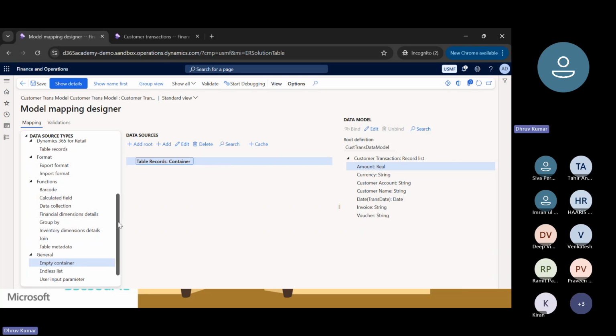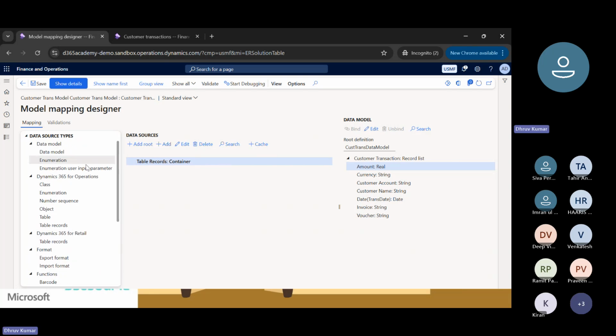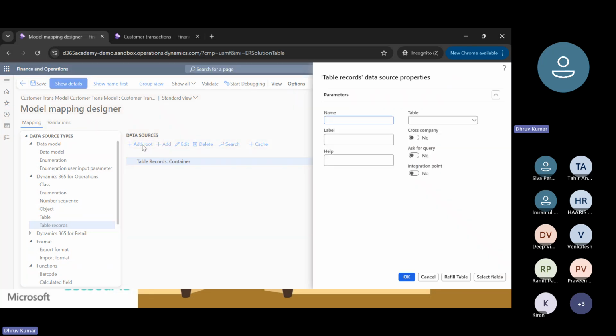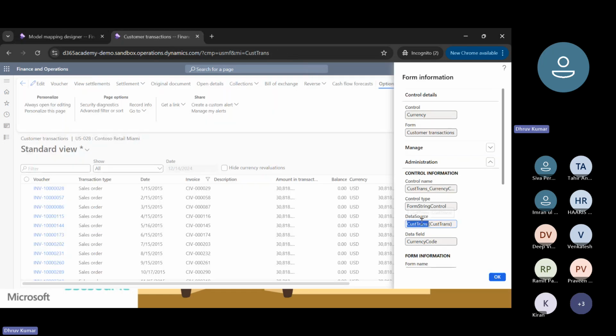So, one thing, please make sure when you're working on it, just to collapse this so that you won't be confusing yourself while working on it. So this table records will be selecting for multiple records for the table. Table records, click here and then add, not add root. Add root will make out of this folder. Now this folder, the table we know, it's custtrans, you can copy from here